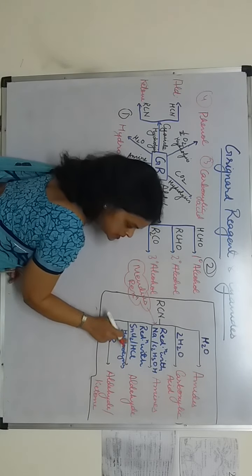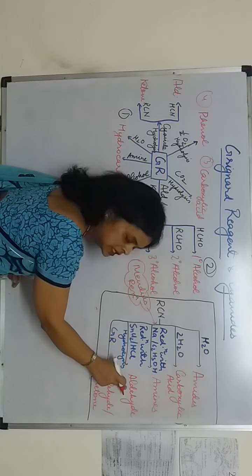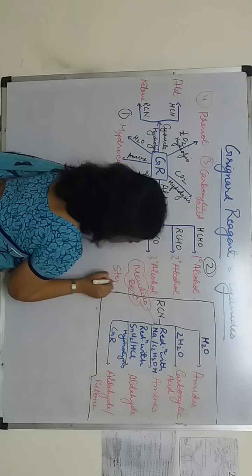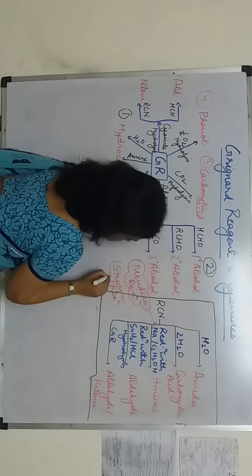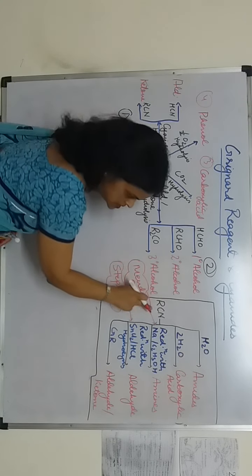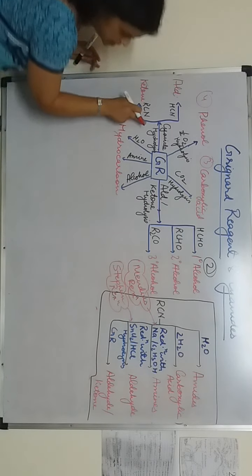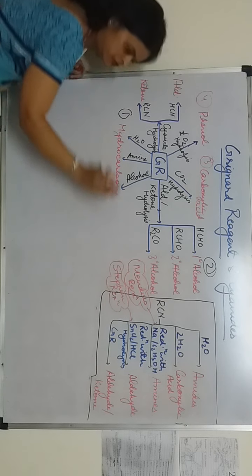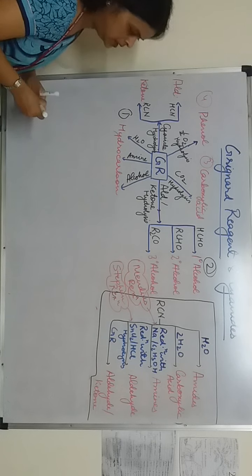When cyanides are reduced with SnCl2 and HCl followed by hydrolysis, we get the aldehyde. And this is again a name reaction, the Stephen reaction. So we have to learn these name reactions. Cyanides, when combined with Grignard reagent, form aldehyde and ketone. Already we had seen this reaction. Now we are going to discuss the four remaining reactions.